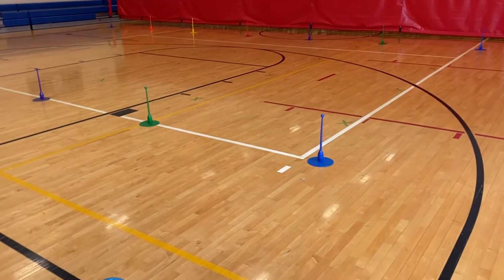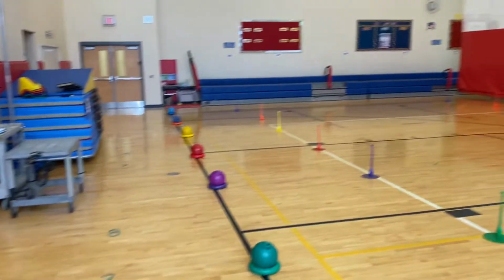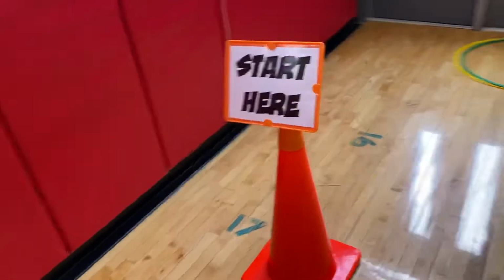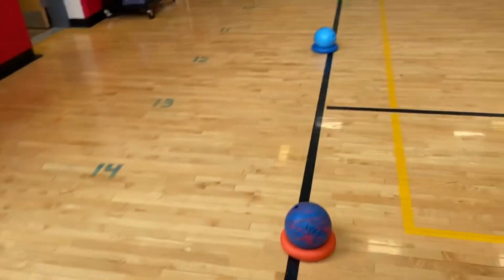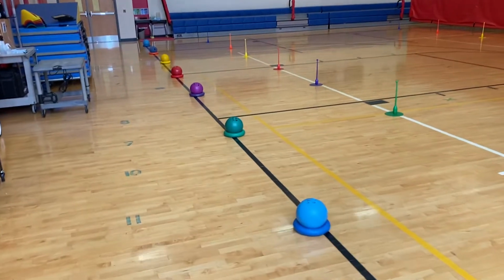When a pin gets knocked down, they must set it up, they must put it on the spot, and then they run around the playing area. When they get back to the starting line, which is right here, they will look down this row. If they see a ball on a ring, they know they can leave the line and come pick that up